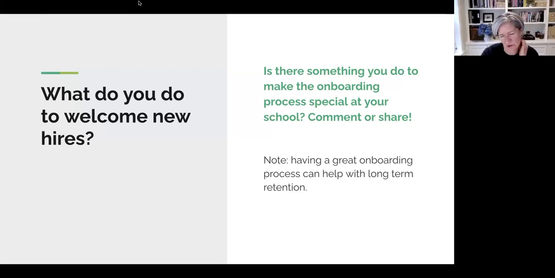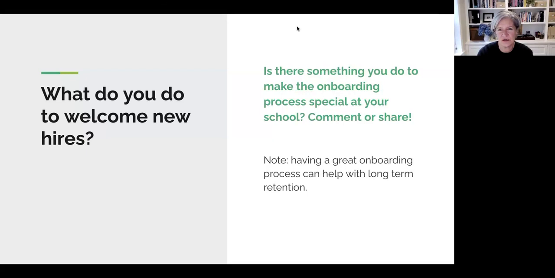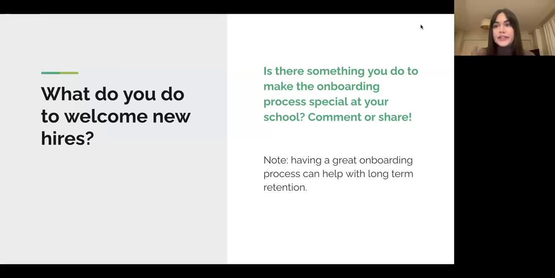I was going to add on to that too. Similarly, at our school, because we're on an academic year, most of the new staff is all starting at the same time, coming back for the new year. So having a half a day or even a full day before school starts for all the staff, current and new, to just have a fun day, maybe going for a hike or just doing something social, where it's really just to get to know each other. I think that really helps the new staff feel like they're welcomed and part of the community. Absolutely.